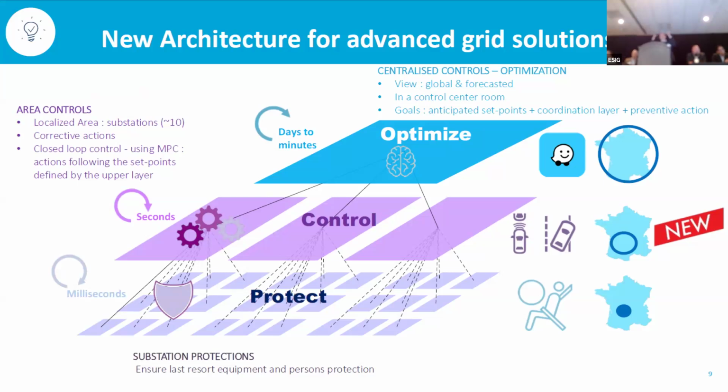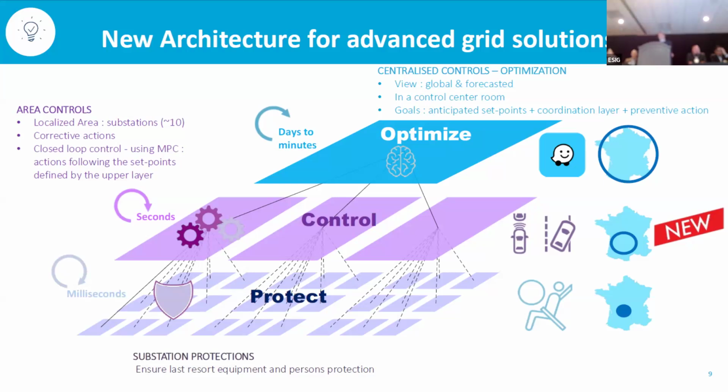And at the other end of the spectrum, you get the control room operations, which run manual actions and a lot of automatic closed loop systems, but usually operate in a matter of minutes. You get the markets, of course, and here you're trying to optimize things to get to an optimal running of the system. And you see that this NAZA automaton doesn't really fit very well in either of those two categories. It's more of an in-between layer, what we can call a control layer that operates in a matter of seconds.